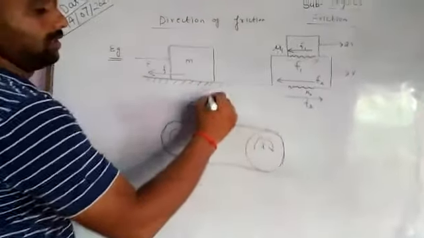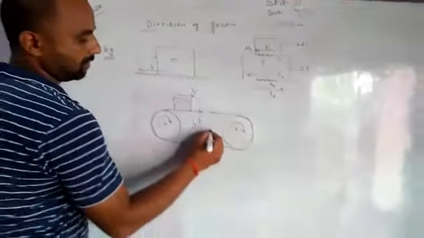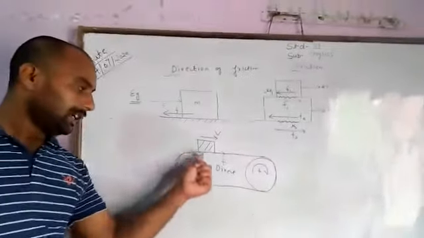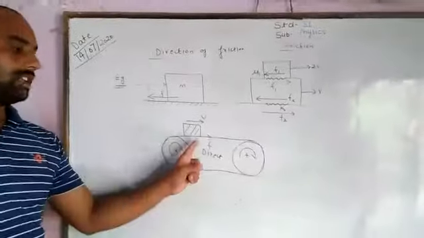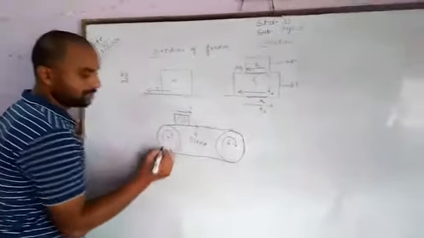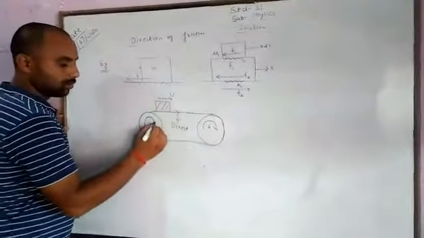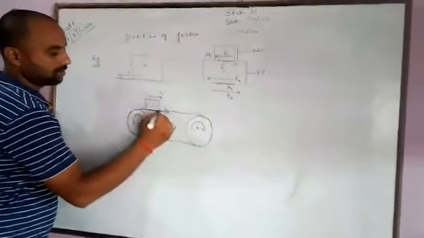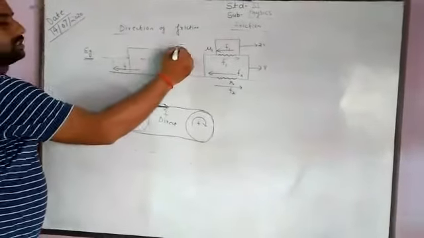This is the direction of friction, this is the velocity v, this is the direction of friction. And if we are always interested to know the direction of the pulley, the direction of torque, in the same direction of torque, the friction will always appear. Here we can conclude that if this is our pulley, the direction of rotation always defines the direction of friction. This is the direction of friction. So we have to remember these three cases.